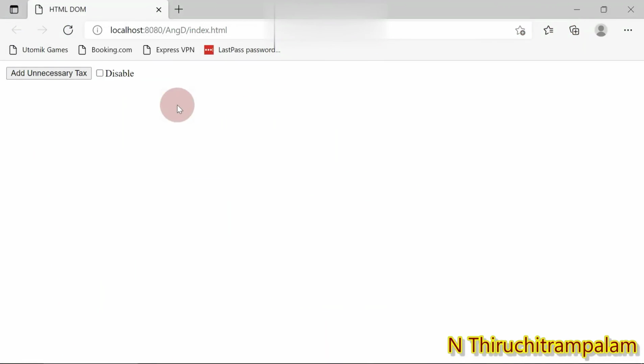And then you can see the add unnecessary tags button, and nearby you can see a checkbox, disable. There is an option to add unnecessary tags. I don't want to do that, so I'm going to disable it. When I click on this checkbox, this button would be disabled. So you see it.